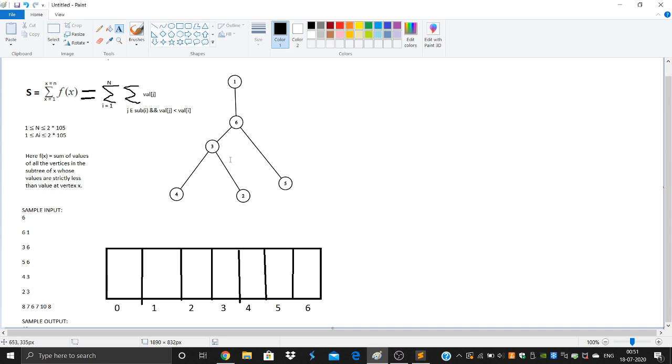First of all, I'll just write down the values associated with each node just beside each node.